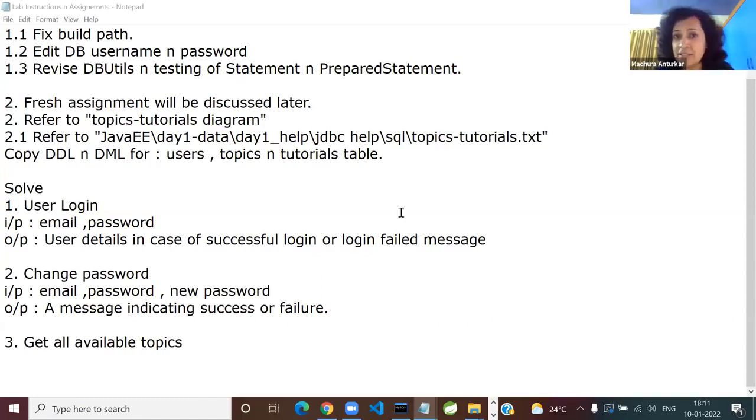Now you have written the DBUtils. Now you are writing a tester. Which is the main package you're going to import? java.sql or the com.mysql specific one? java.sql. Will you use any import static to call that utils class's method? 100%. All those things I think you can manage, so let me not micromanage you. Let me just give you the steps.